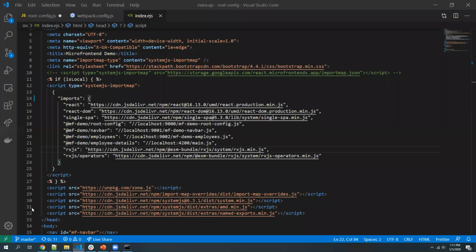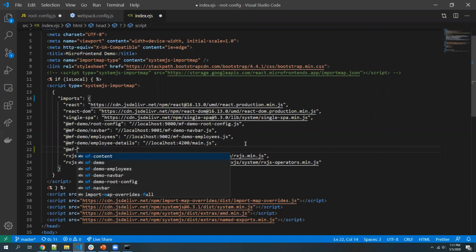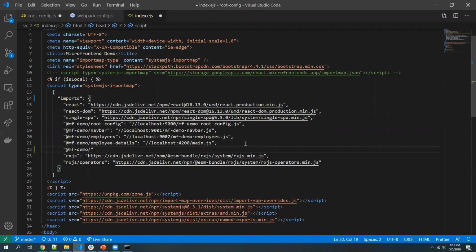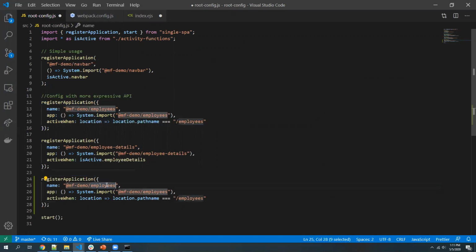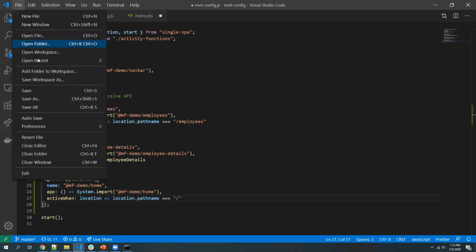or being hosted there. So now the only thing I really need to do is come back to my root config, and I'm going to add another micro front end called MF demo home. And then I just need to pass the URL to that JavaScript file. So that's there. And the only other thing I really need to do now is to register the application. So I'll just copy that and do that right here. And this is called home. And then it's going to be imported from the home library, or I'm sorry, dependency. And then we'll say we only want it to appear when the path is just the